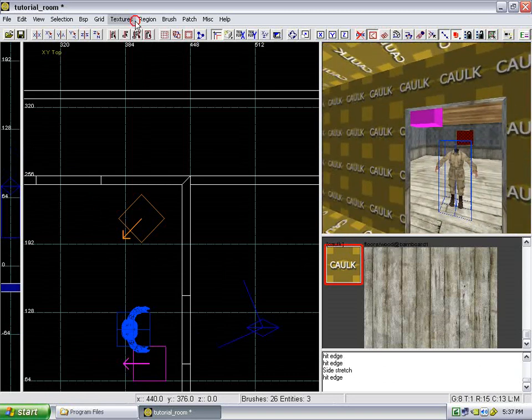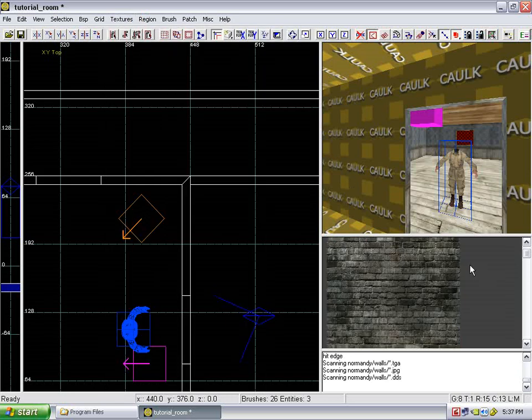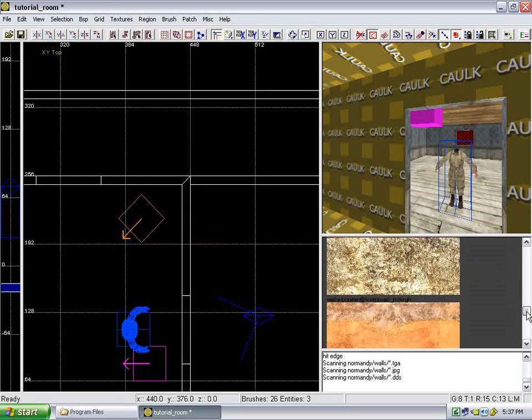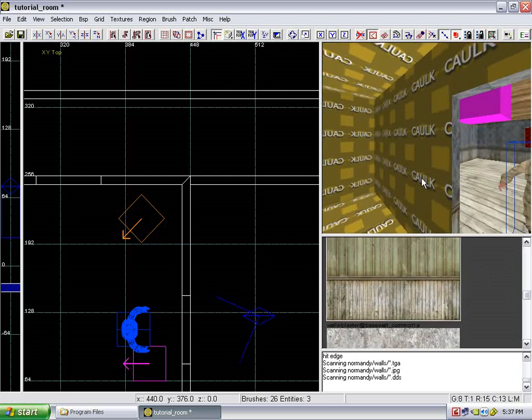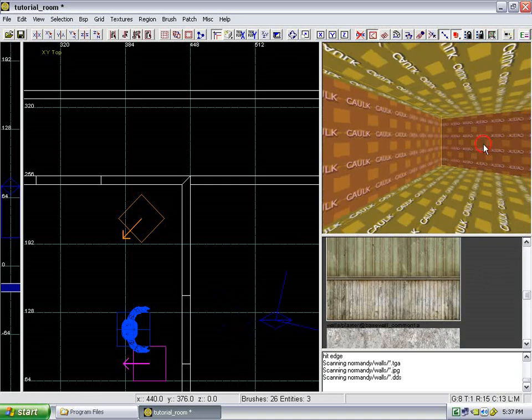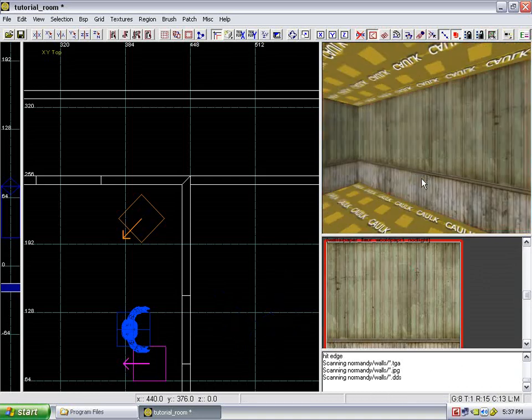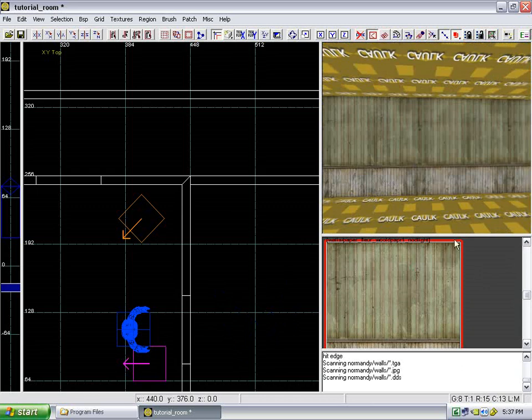So we're going to go ahead and go to our textures, Normandy walls. There's some tricks to texturing, but I'll explain those in a later tutorial. There's a good wall. So again, Control Shift left click just to get the faces. Get all the faces of these walls. We applied a new wall texture, and we'll go ahead and